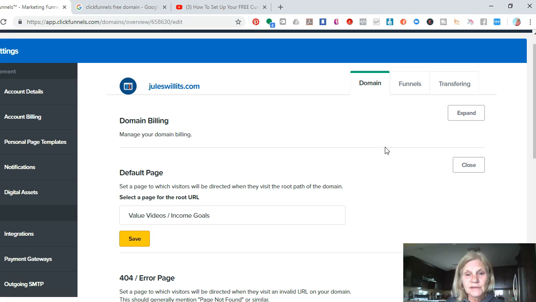So this will help you get started, get out of the gate, and get going, because you're not going to have to go to another site and then forward another URL into something like GoDaddy or Namecheap. You'll already have it here. And what you can do from there is,